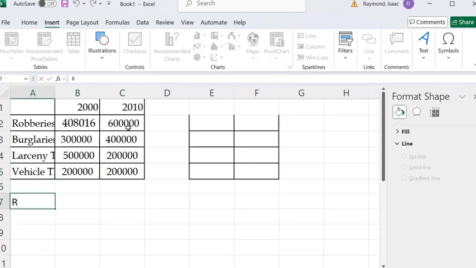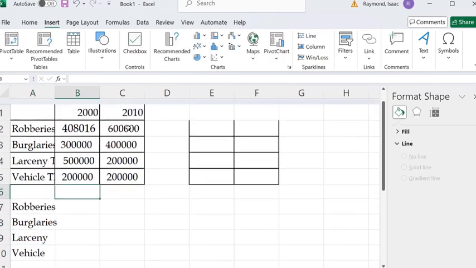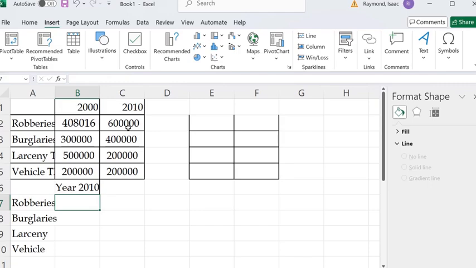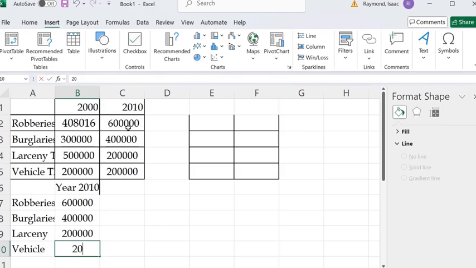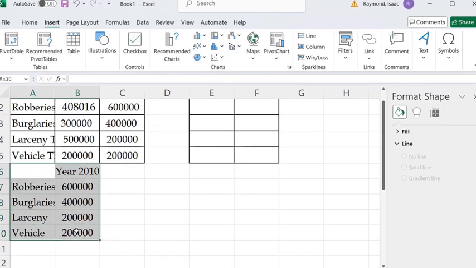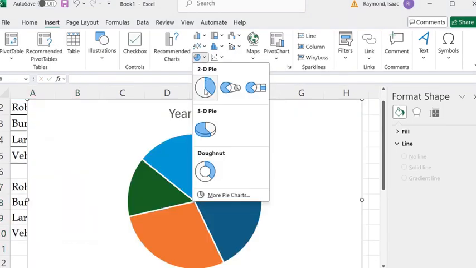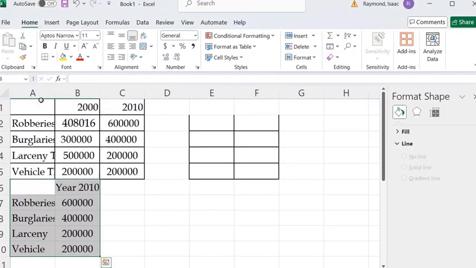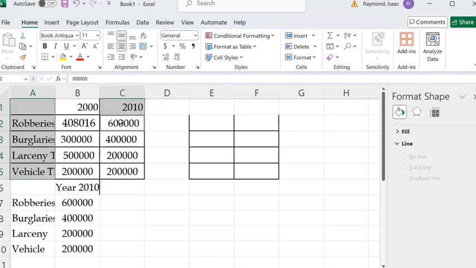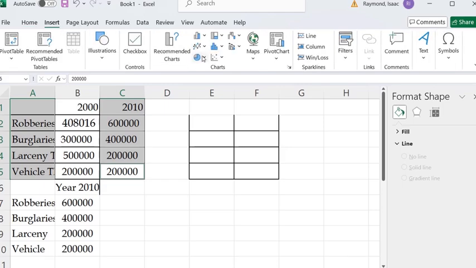Something went wrong when I copied and pasted, I guess, because when I type them in, I want to type in my categories. That way it automatically makes them for me. And then this was year 2010 that my task asked me to do. So typing in my data. Now if I click and drag to highlight my data, then click the pie chart, it makes the pie chart correctly. But check it out, I don't know why this is, but if I click and highlight this, and then I'm holding control to select these individual pieces of data,